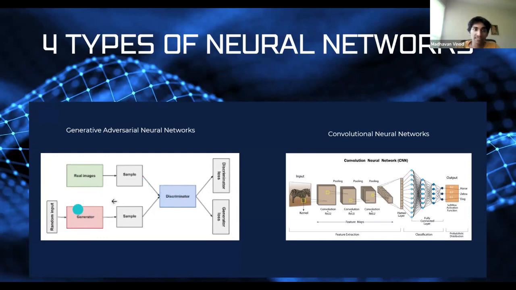The generator produces data. It creates it, just like how we draw things on a piece of paper. This generator tries to draw it. So let's say the generator wants to draw a house. It draws a house on a piece of paper, a blueprint. And then the discriminator tries to see how different the house that the generator has drawn is from a real house. If the discriminator is able to point out that the two houses are not the same, then the discriminator wins and it goes back to the generator. That's kind of how this works.